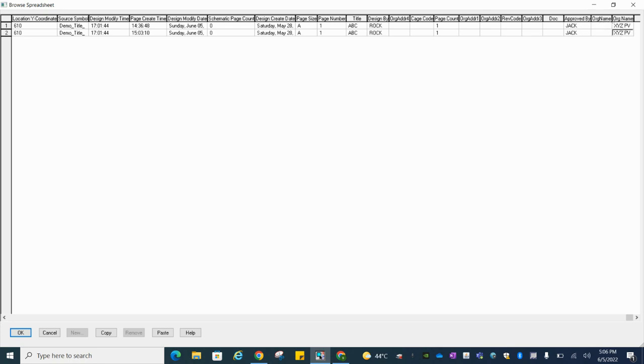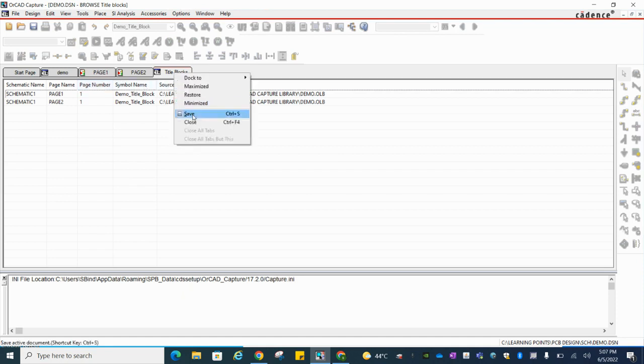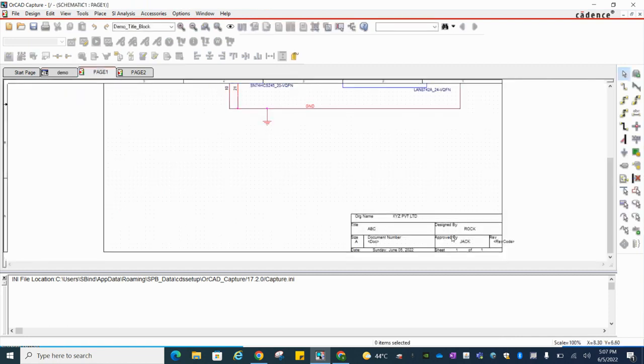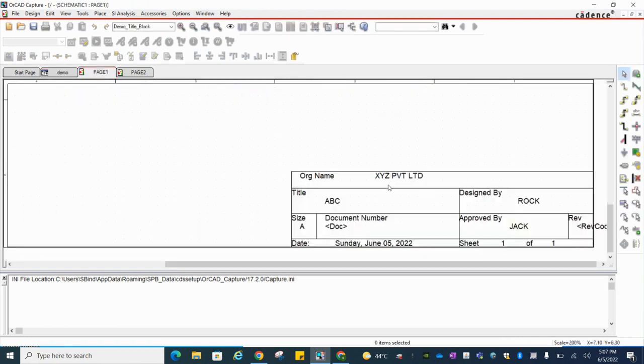You can see that there are two places for organization name. This one I have added since there is space between organization and name. So just do OK, save it, close it. Now you can see that here